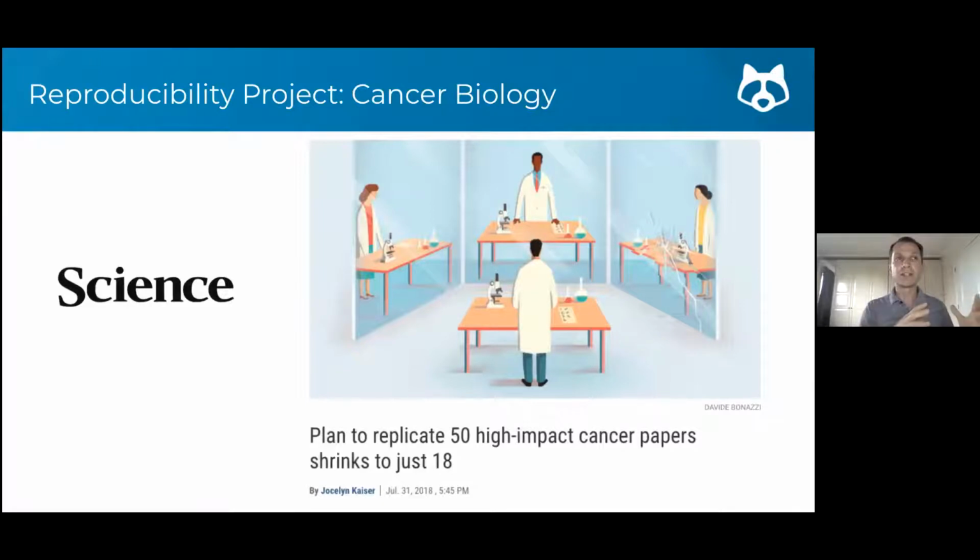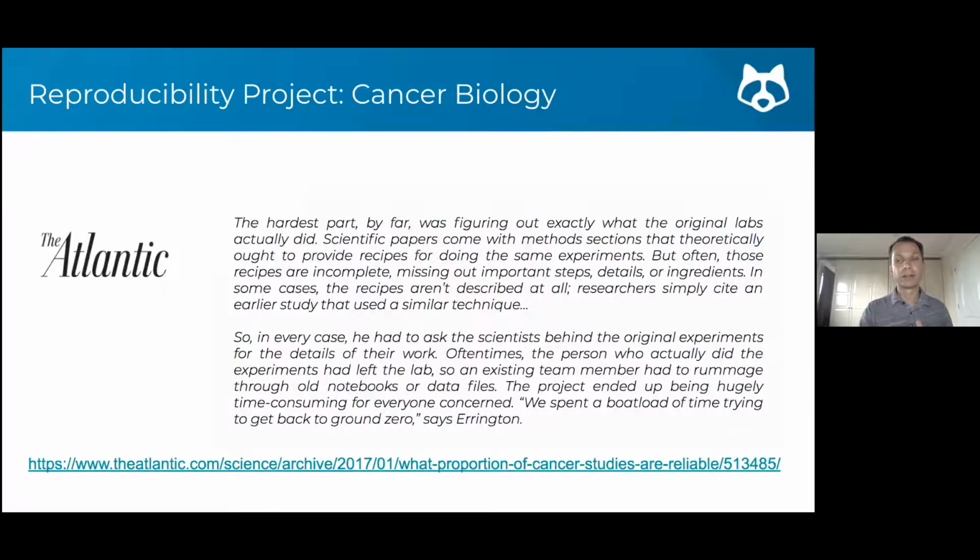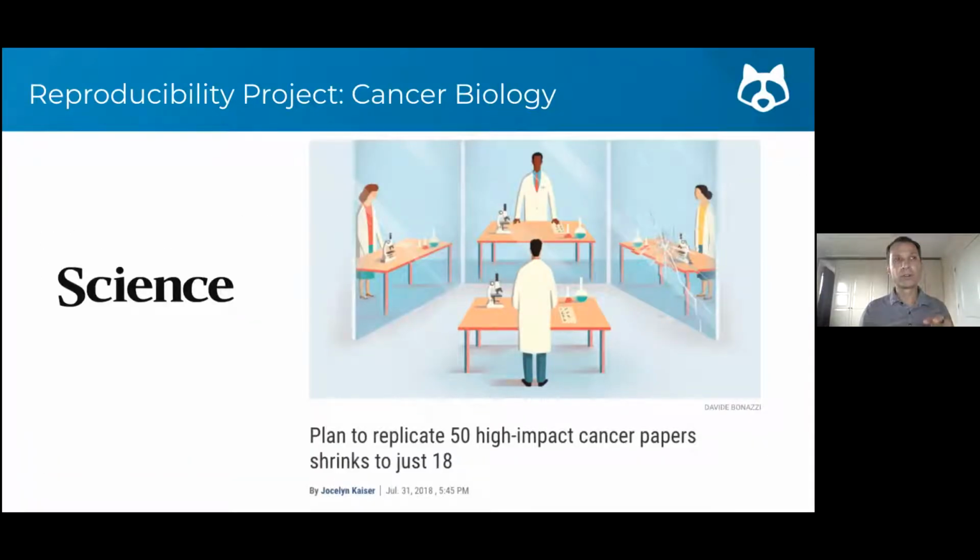And the other side is the internal reproducibility. Long before anyone is publishing any papers, what happens inside a research group? And as we saw in this description from Ed Yong, the challenge with reproducibility starts long before the paper. So even when the team went to the original authors, they couldn't find the exact protocols. They didn't know what exactly was done. The student had graduated, the postdoc had moved on to another career or another job. And even when the person is there, sometimes it's hard to find for yourself what exactly you did.